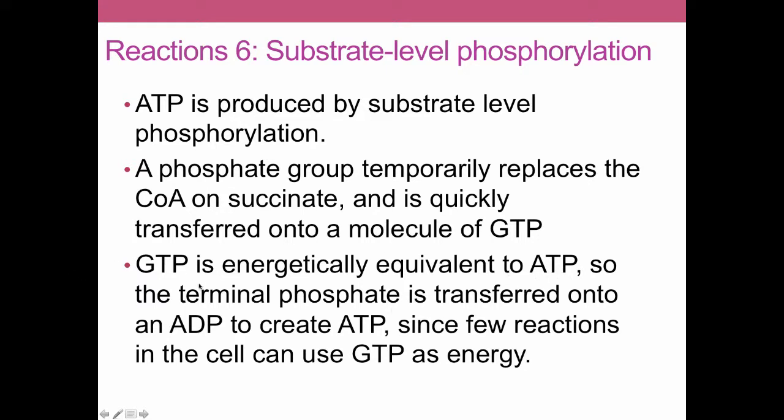So as soon as that GTP is made, we transfer that phosphate onto a molecule of ADP to create ATP. The reason being is that ATP is used as cellular cash all over the cell, whereas GTP can't hook up with enzymes, with proteins, and do work the same way ATP can. So we are just taking this less convenient form of cash and converting it to a more convenient form